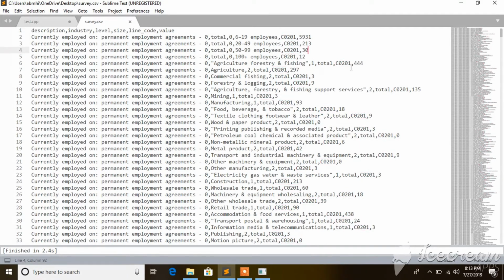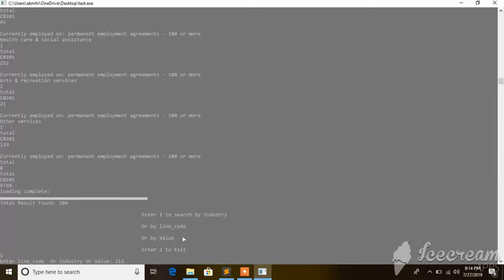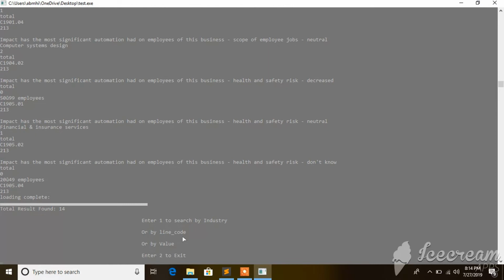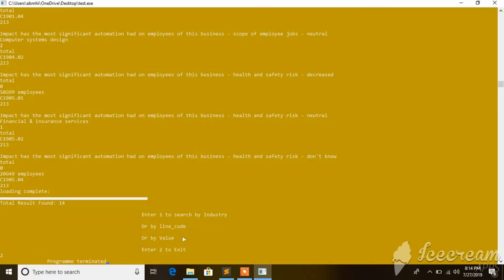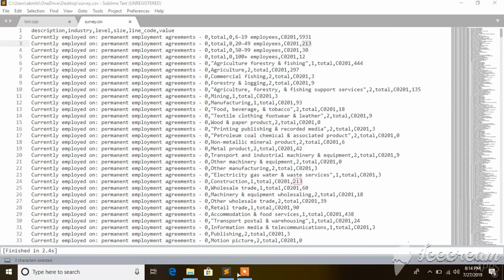আর ভ্যালুর জন্য আমরা করতে পারি, ভ্যালুর জন্য ভ্যালু। এখানে ভ্যালু সো ভ্যালু 14 আর 2 এর জন্য আমাদের এক্সিট।